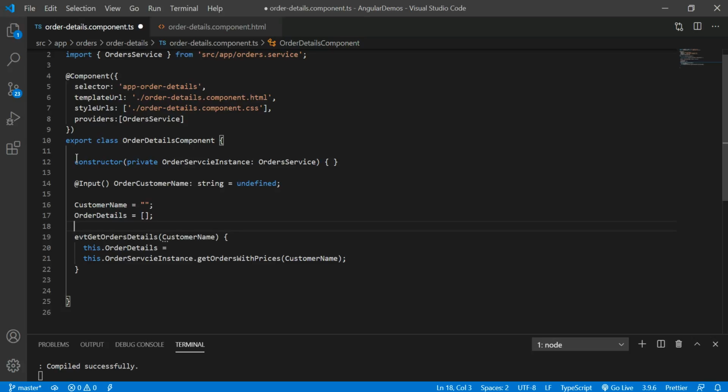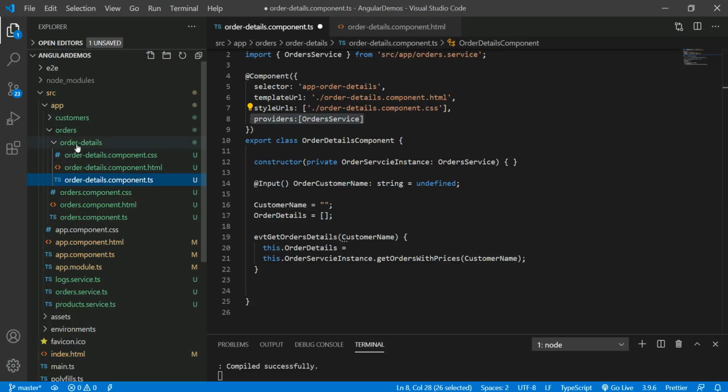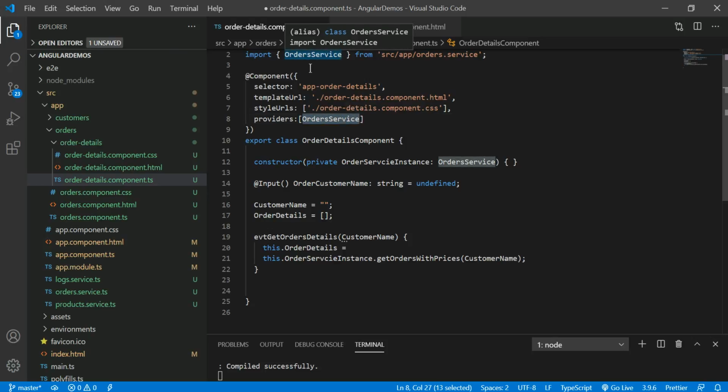But let's come to this portion. See, order details is the child component. If you see the router section, order details is the child component, and orders is the parent component. But if you see here, I am using the service called order service. I am using the same service in the parent component and the child component. Just remember this point. Okay,